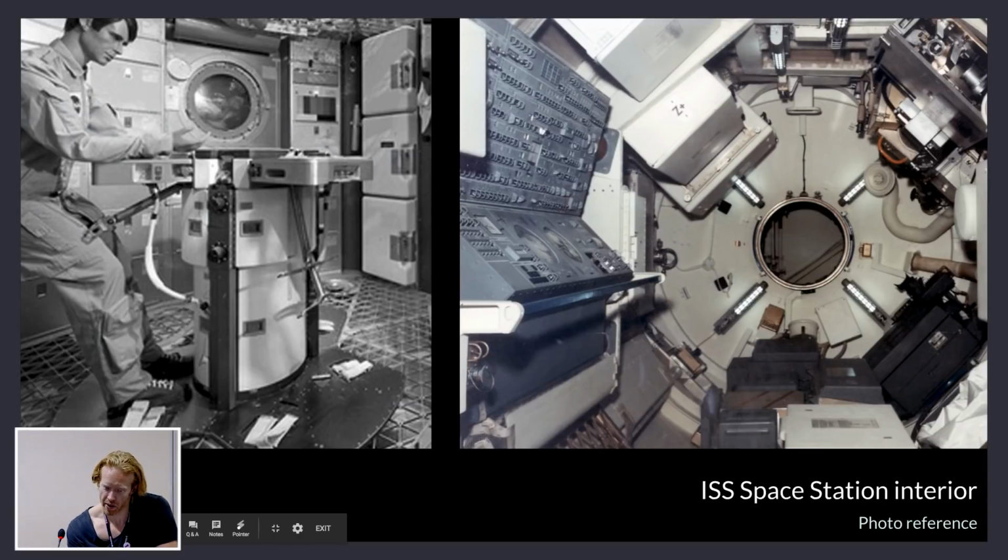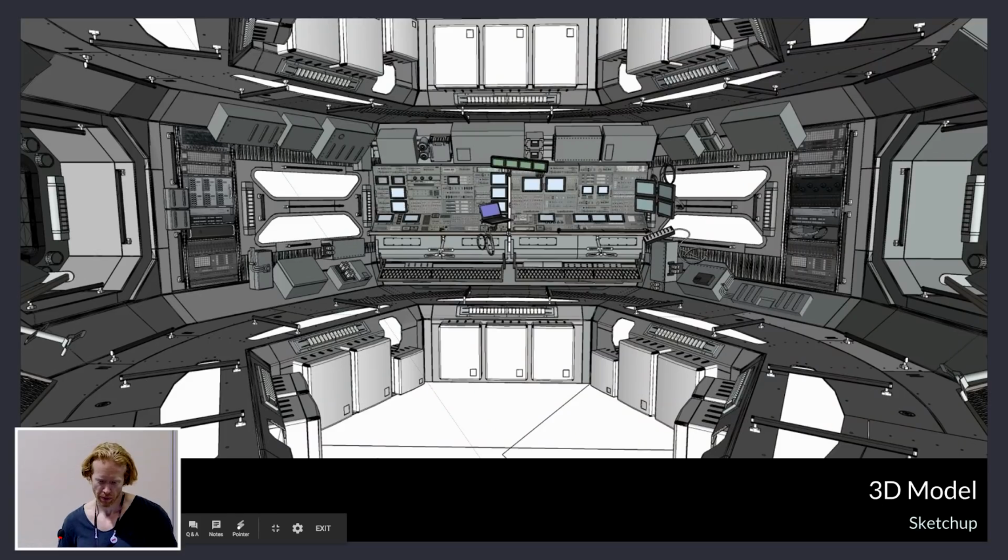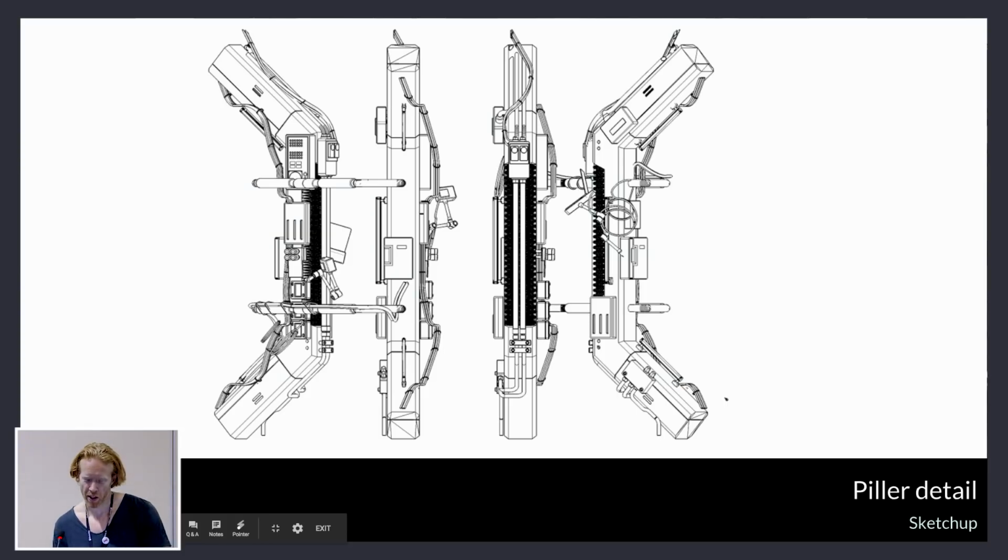Using the reference he provided us, I was then given the model of the set, which was made in Rhino by a set designer, and I would start dressing it into the set. So I was given the shell, and then all of the boxes and the dressing that you see there. This is what I'm providing,